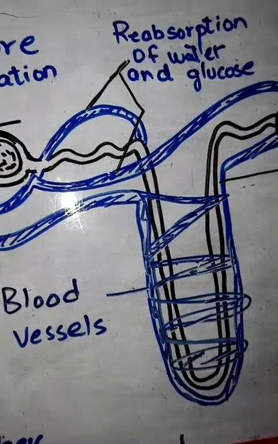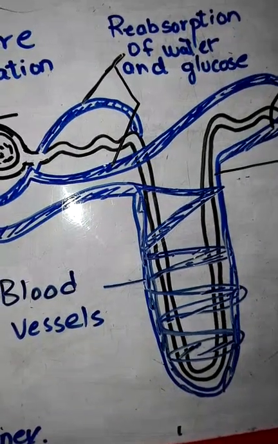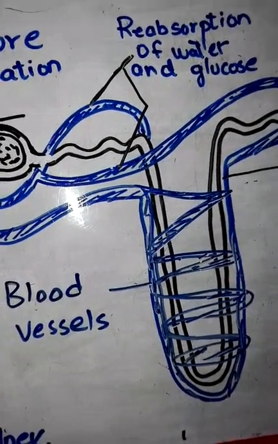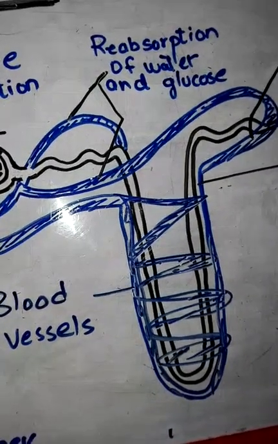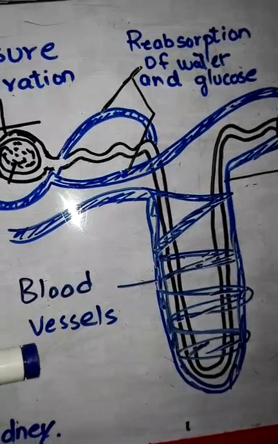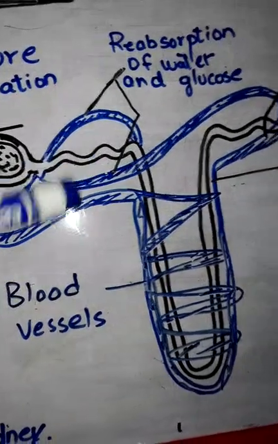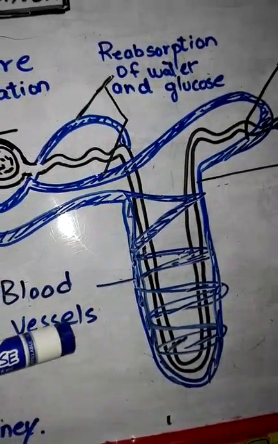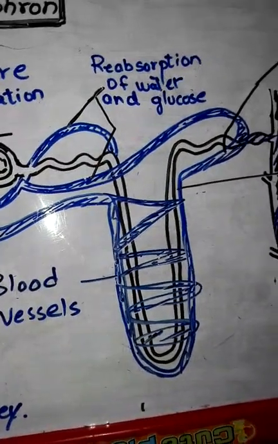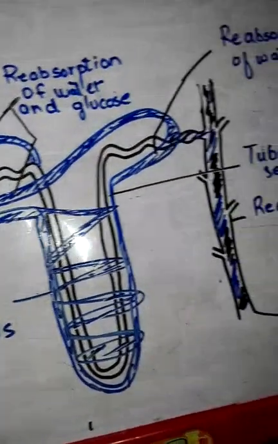Alright guys. And here happens what? Here happens the reabsorption of water into the blood. There was a word blood. So where does the blood come from? These are the blood vessels. The reabsorption which is happening here is just reabsorbed by the blood vessels, and it becomes a part of our blood. So what was the third step?